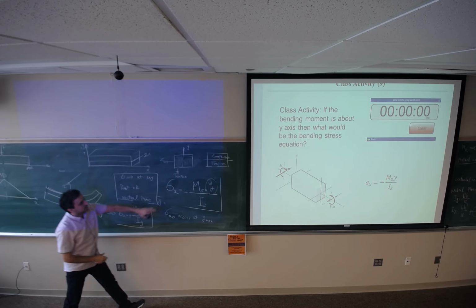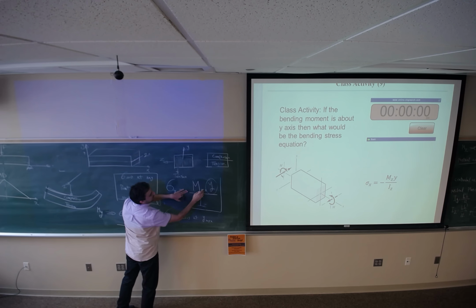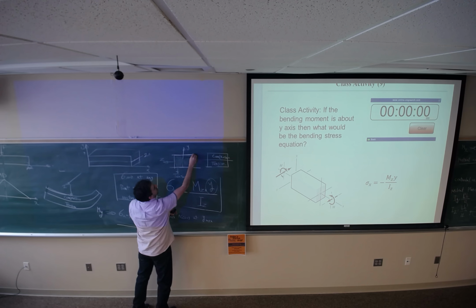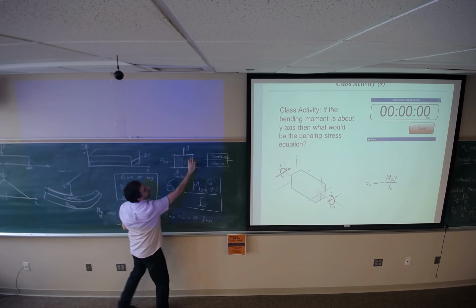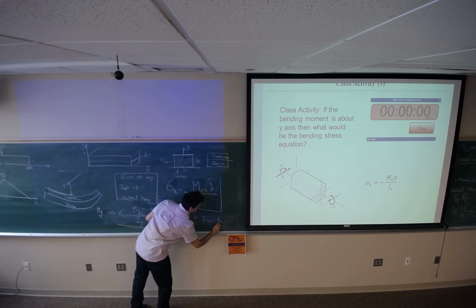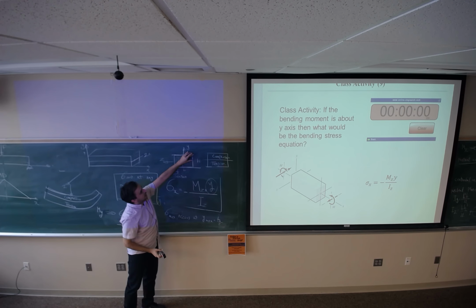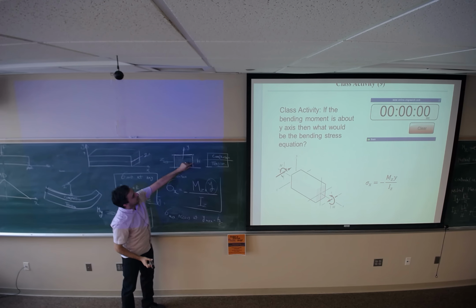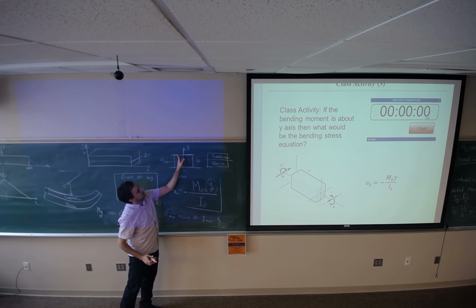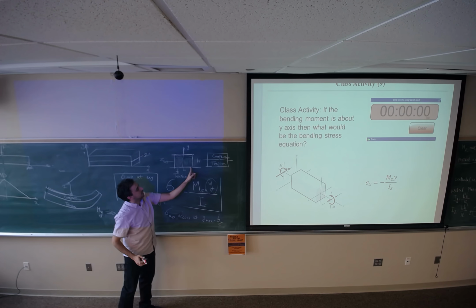So if I forget about the sign, the greatest value is going to happen when y is getting its maximum value. What's the maximum value? It's going to be on this line and this line. So any point on this line with y of, if this is h, half of the h is going to get the maximum sigma, and any point on this line with the maximum y, which is negative h, is going to get maximum sigma. We know that at this point they will see compressive, at this point they will see the tensile